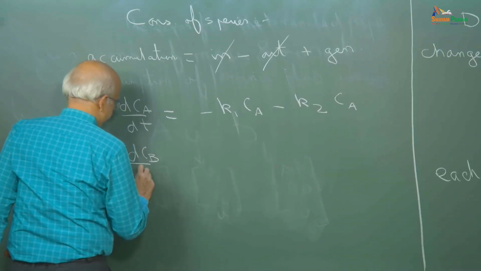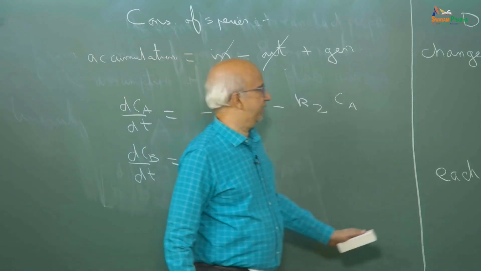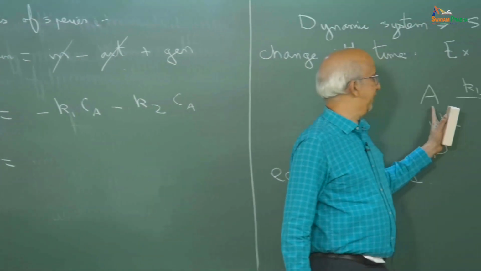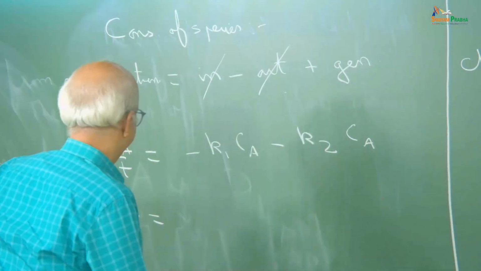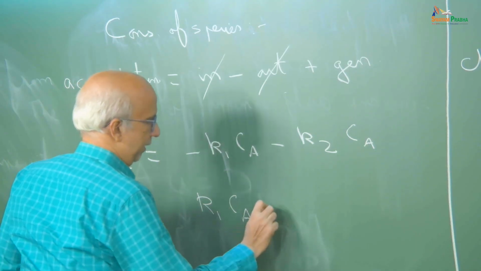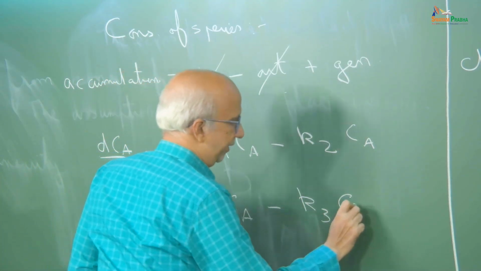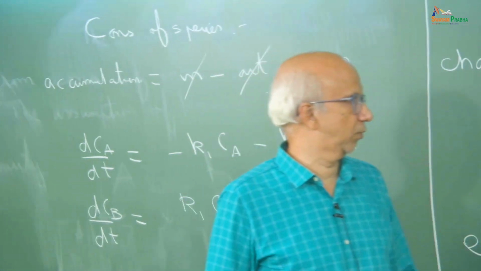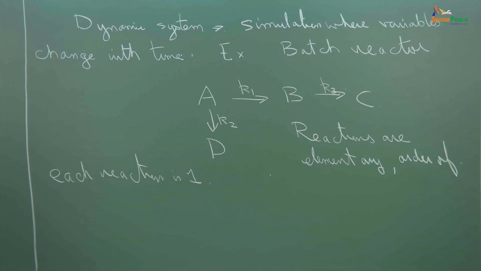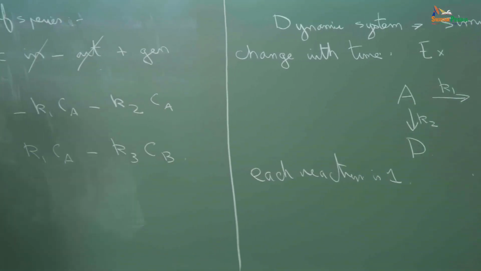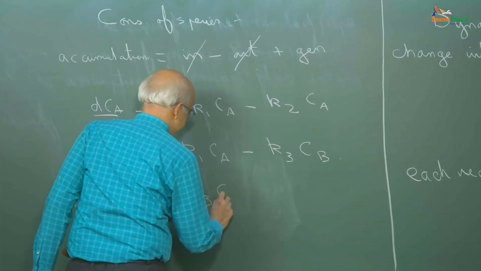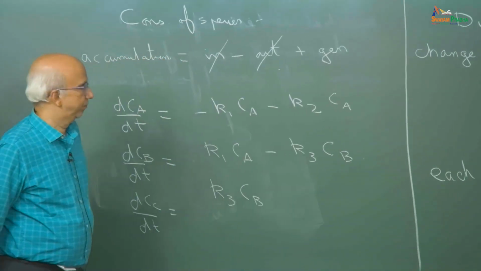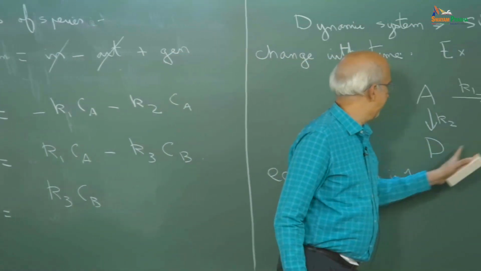dCB by dt, as far as B is concerned, it is getting produced by A, it is getting consumed by this. So, I will have K1 CA minus K3 CB, okay, and as far as C is concerned, I have that is equal to K3 CB, okay, and as far as D is concerned,